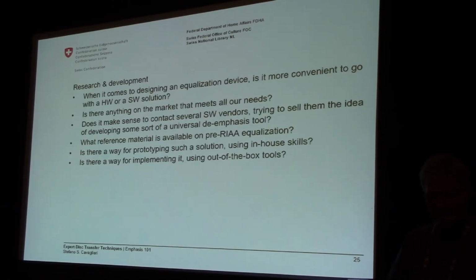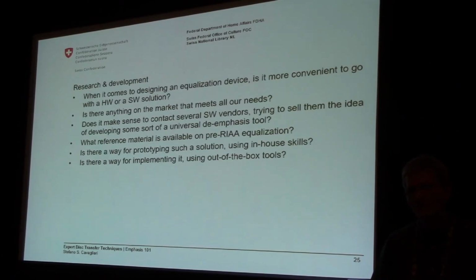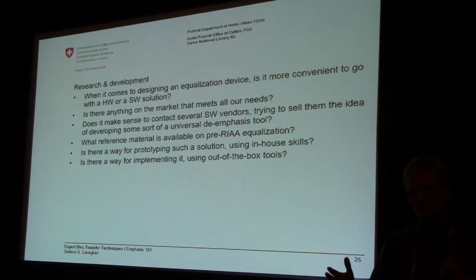So we've been investigating also on what reference material is available on the pre-RIAA equalization. There is plenty of stuff, plenty of good stuff, but there is unfortunately also plenty of wrong stuff. So how do you know? How do you know if the information you get is wrong or right? I shouldn't do this example, but anyway,